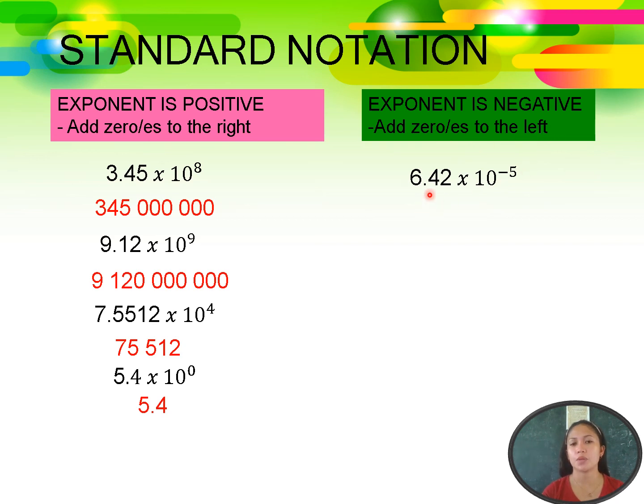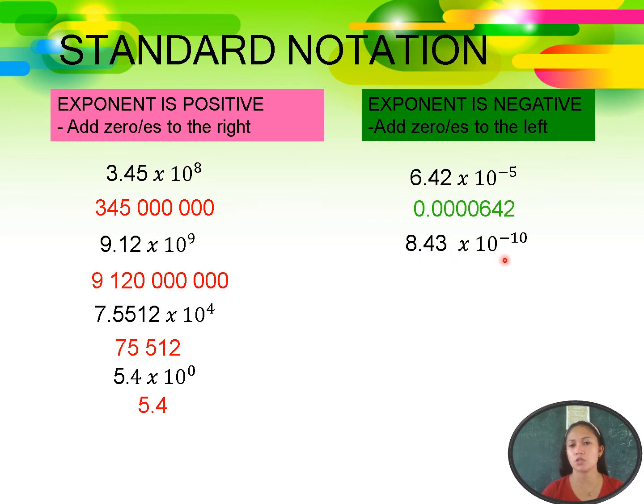For example, 6.42 times 10 to the power of negative 5. So our exponent here is negative. So our movement is going to the left. So we have here 1, 2, 3, 4, and 5. So we'll put the decimal point here. So the equivalent decimal notation is 0.00000642. Another example,